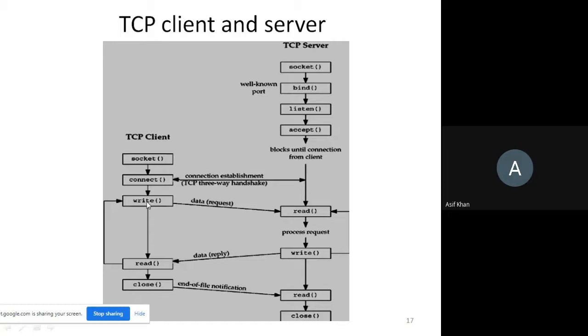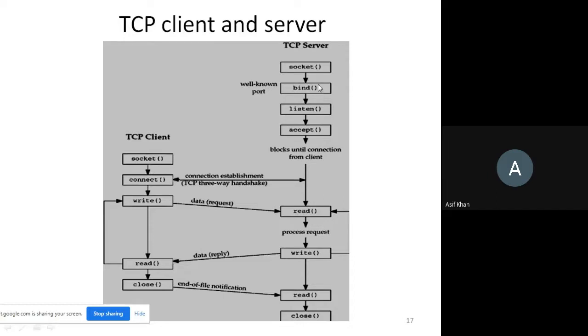Okay. And see here, one difference is that at the TCP server side we are using the bind function, listen function, and accept function after socket. But here at the client side, after the socket function, the connect function is used, right? So no bind, listen, or accept function is used, because the client will not listen. The server is listening, and the client will always send its request to the server. The client will first send the connection request, and then it will send its task data. It will send the data to the server for processing. Right. That's why here only the connect function is used after the socket function.